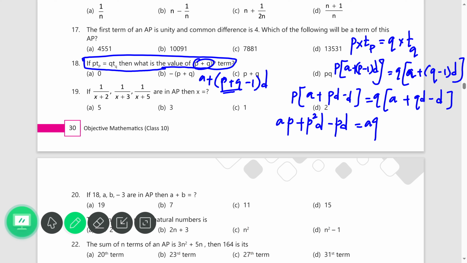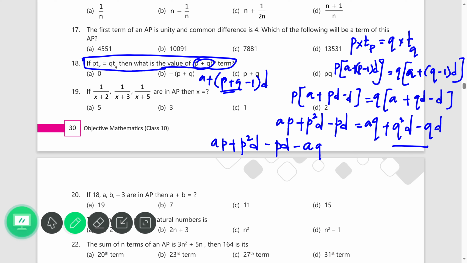Either you bring the left hand side to the right, or take the right to the left. Anything you do, it's not a problem. I'm taking this to the left hand side. So I have AP plus P square D minus PD, minus AQ minus Q square D plus QD,